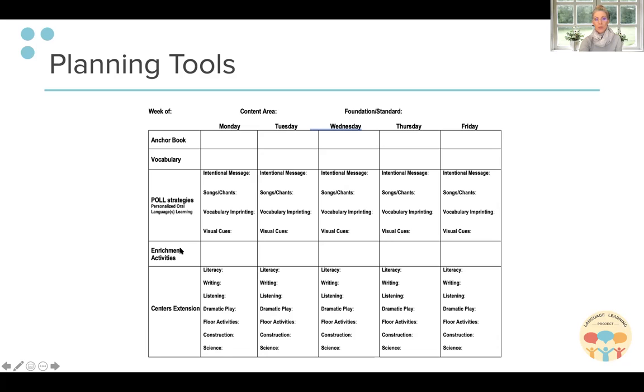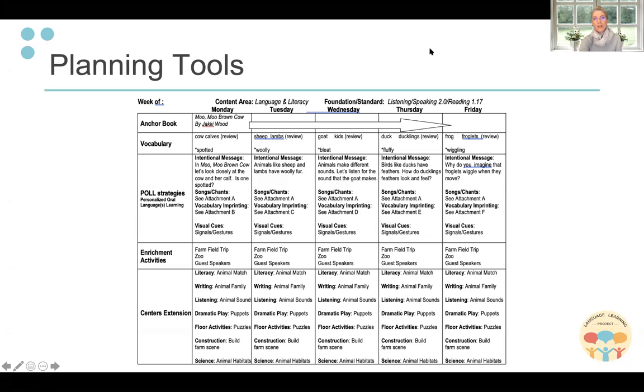You may have a space where you want to talk about enrichment activities and what you're doing at centers, what kinds of materials you have available for children to be able to practice and use their language through a variety of activities. This is an example of a pre-populated planning sheet. So it's filled in, and really it's a guide.